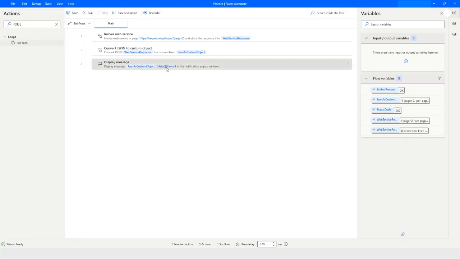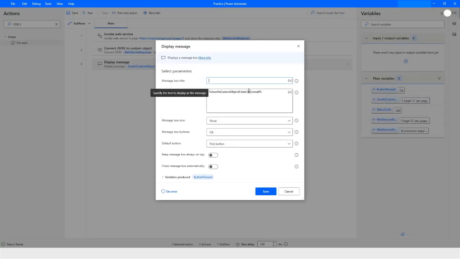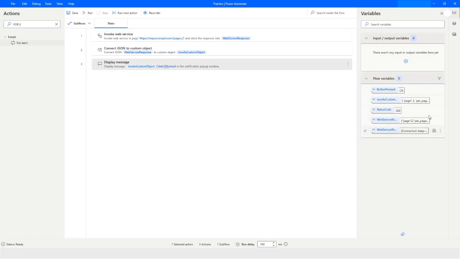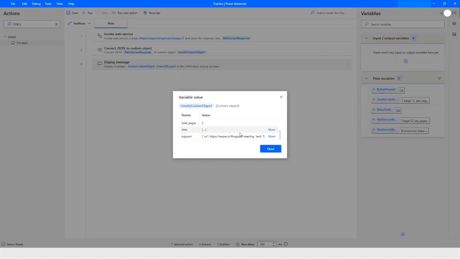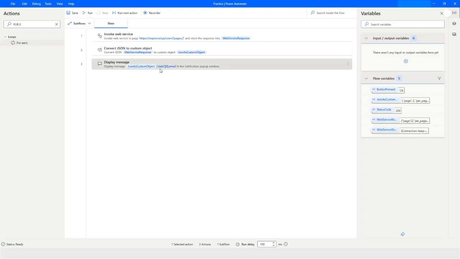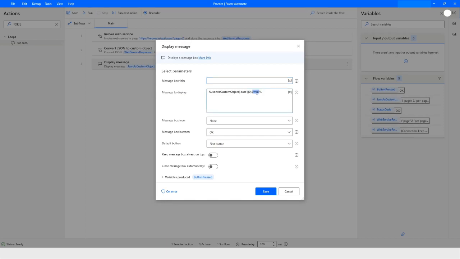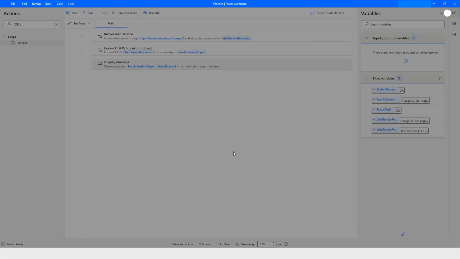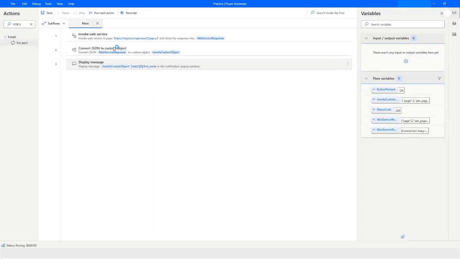Just like this, if I want to get other information for that particular user, let's say the first name, I can just come back and say, give me the first name, first underscore name, then it will show me the first name of that user,